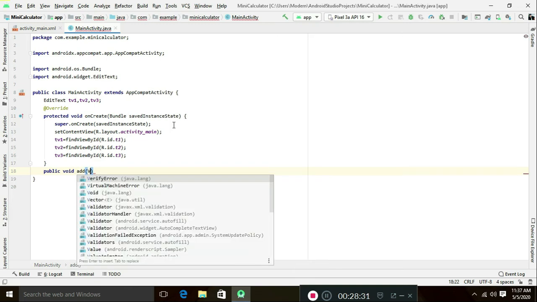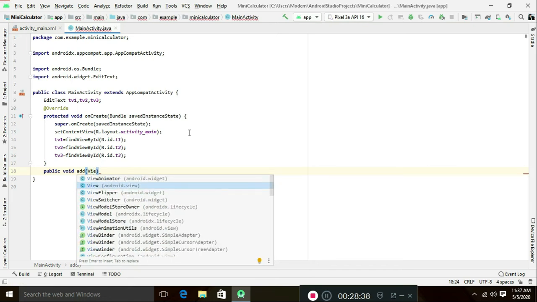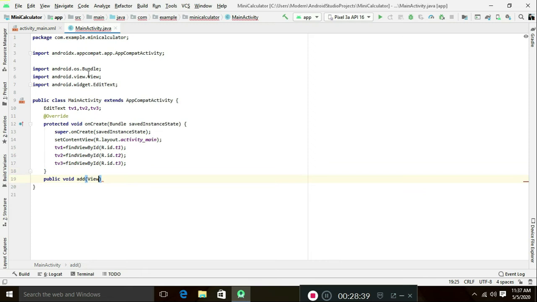It will suggest it; press enter or click on it to import the package automatically. View v. Okay. Then open and close the braces.